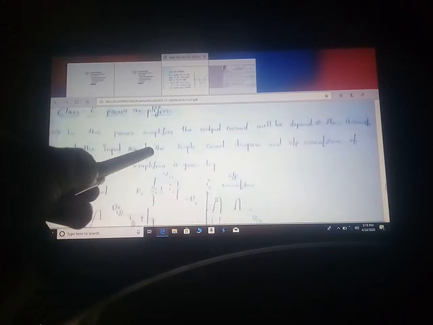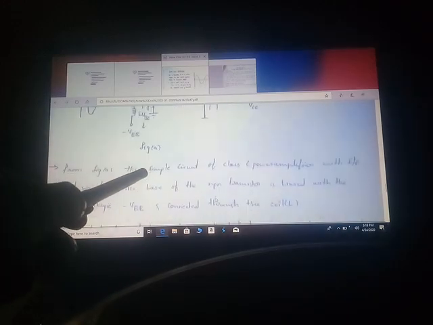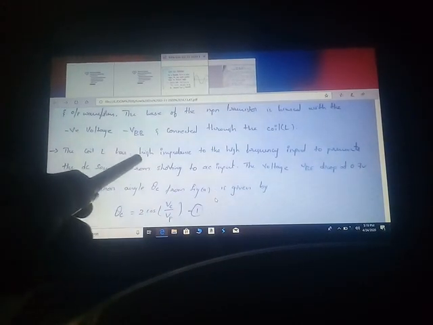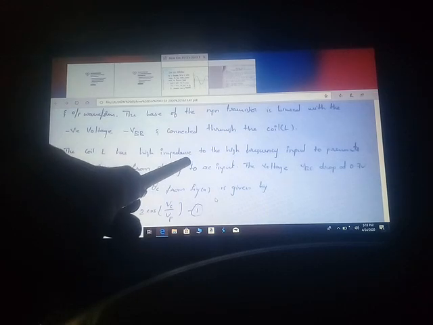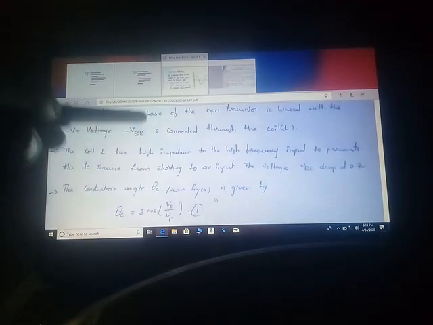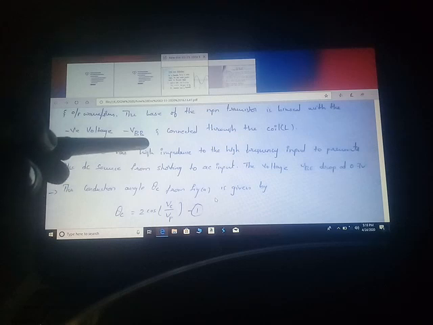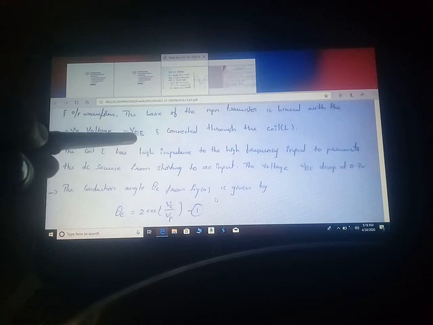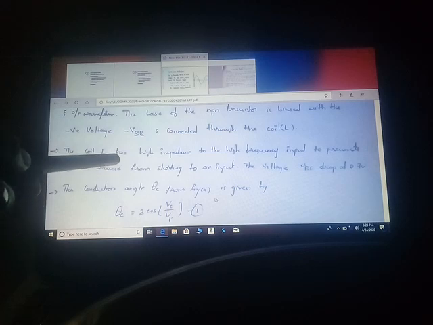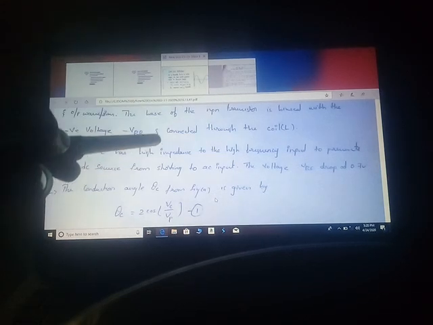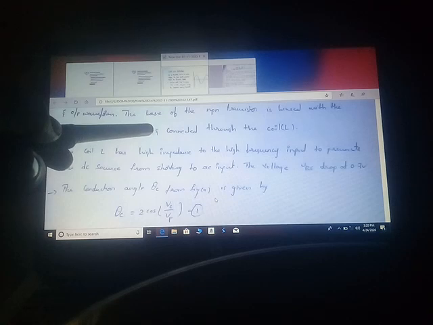Okay, and the next point: the class C has higher input impedance. Why does it have higher input impedance? What is the general formula for impedance? Impedance is equal to input voltage by input current. So whenever you have a high input impedance, the voltage and current increase many times at the input side and give rise to a huge voltage and current level.